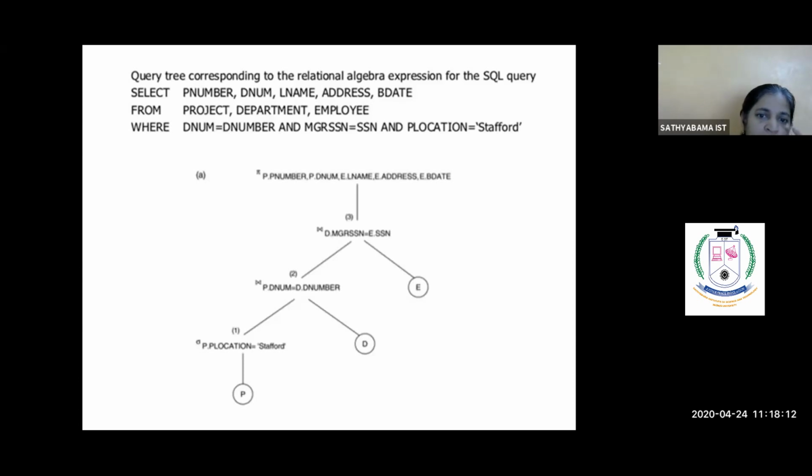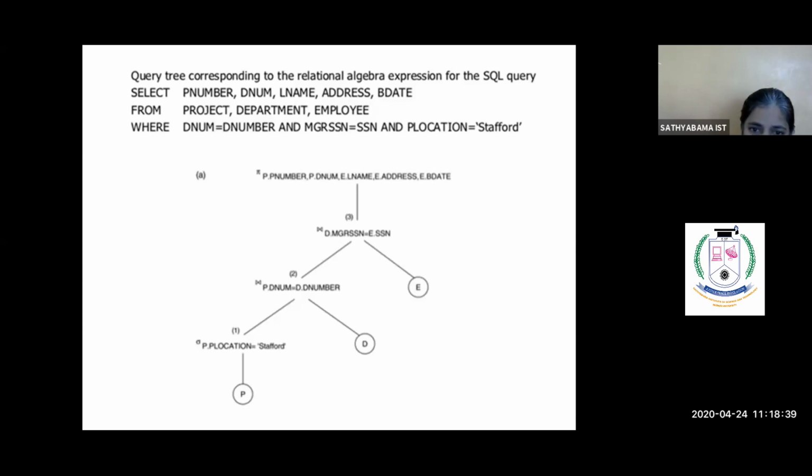Here we are optimizing one more step further. We select only where P location must be Stafford, and all the rows of the project table whose P location equals Stafford are retrieved, and that particular resultant table should be joined with the department table. So what is being displayed?